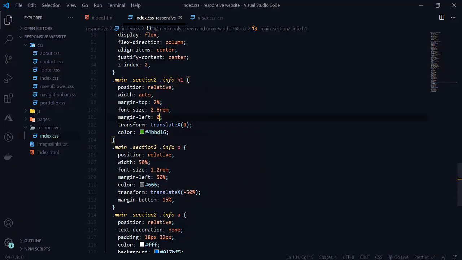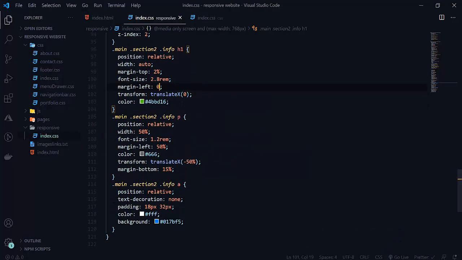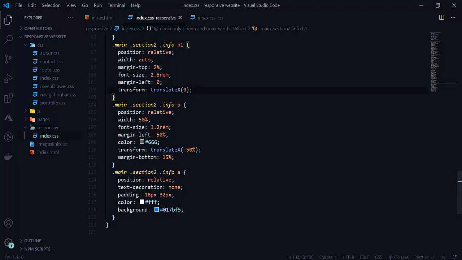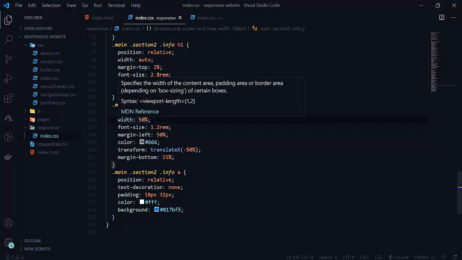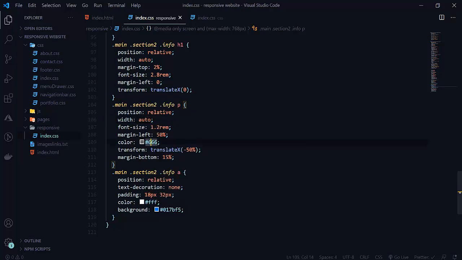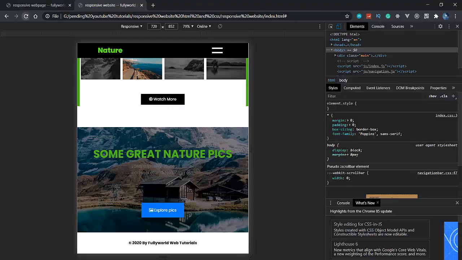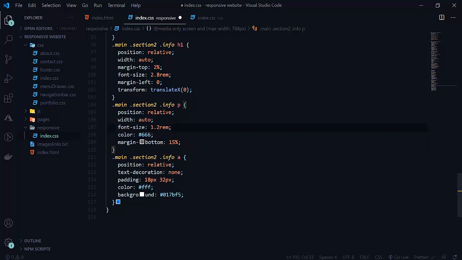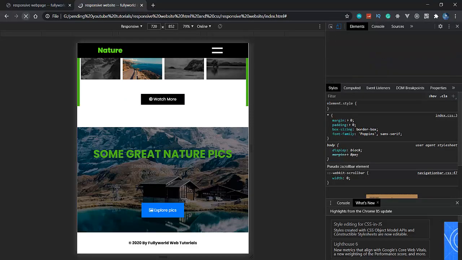So let's change our P info here. Here we haven't changed the color. Here we have to change this v info, so its width also will be auto. Whenever we reload this, see that we are getting like that. Its margin left, we don't want anything for margin left here, so make it as it is.